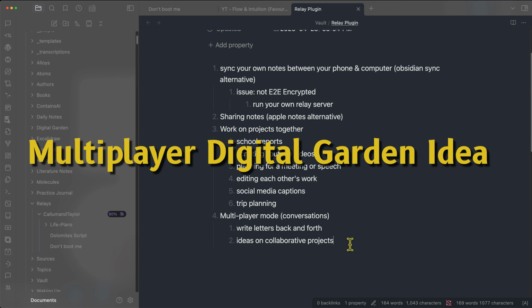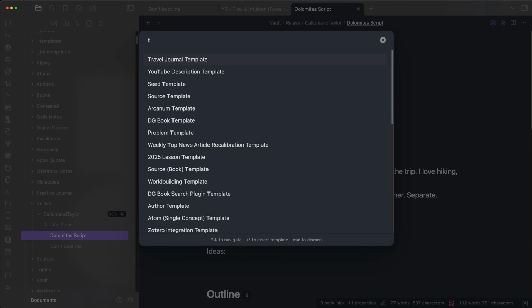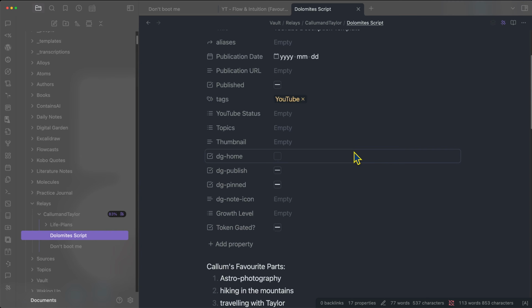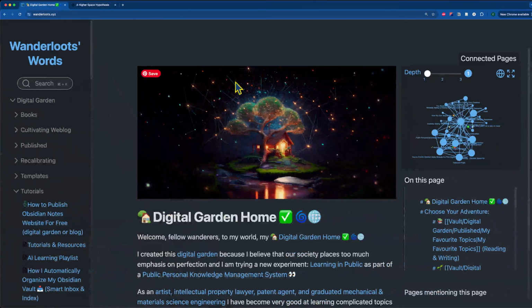And then, this is something else that I wanted to show you, we can take this multiplayer mode within Obsidian and we can make it public. If I just go back to the Dolomite script, for example, I could just go here and apply my digital garden template. And then under the properties section, I now have this option for DG Publish. If I toggle this on, DG Publish equals true, and then click Publish, it would automatically get added to my